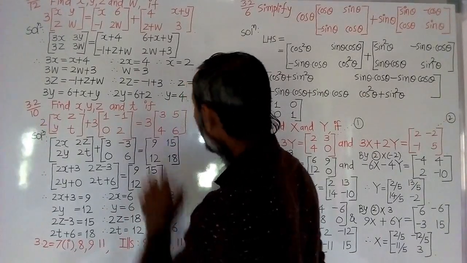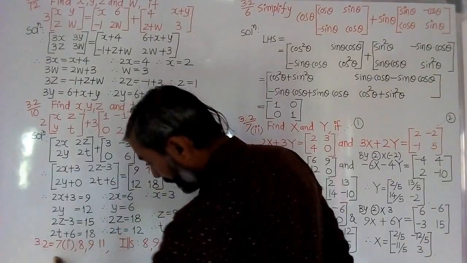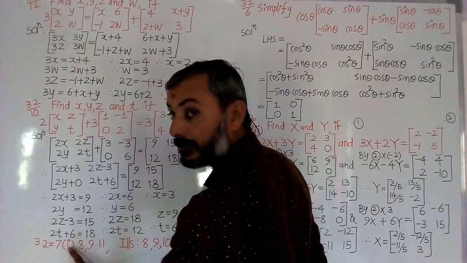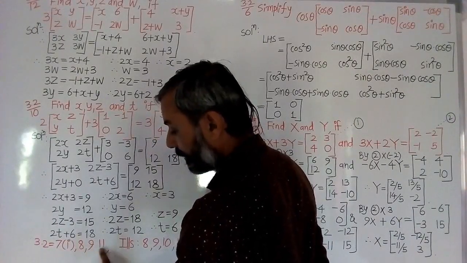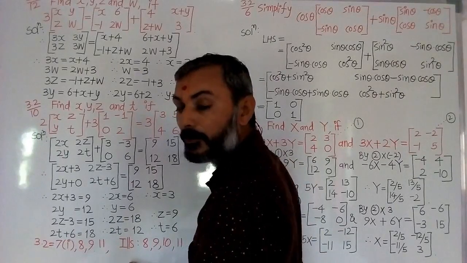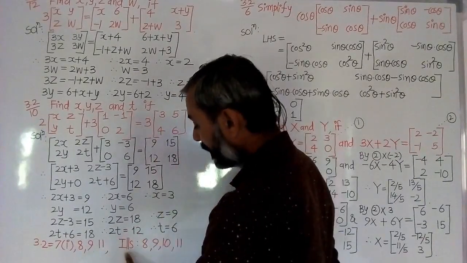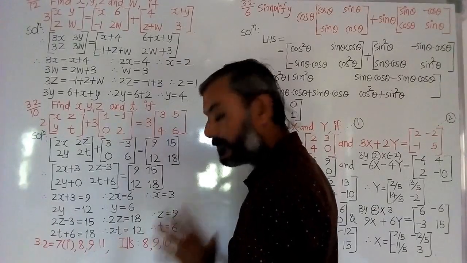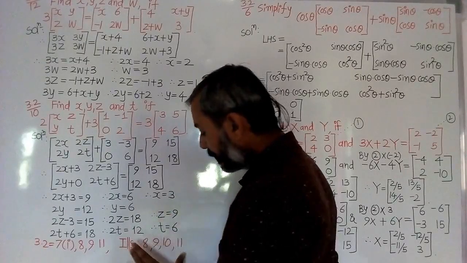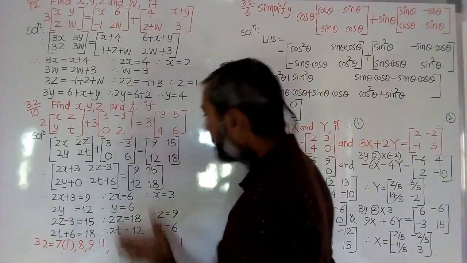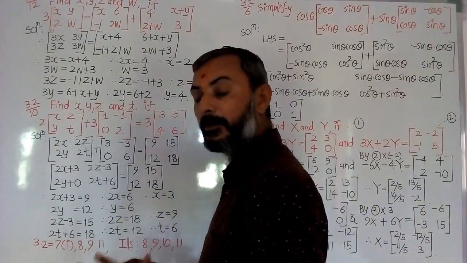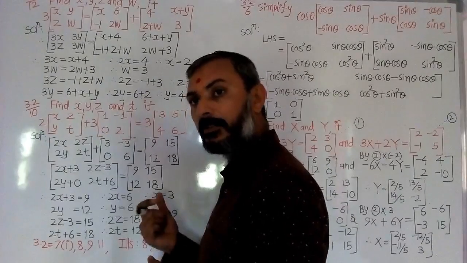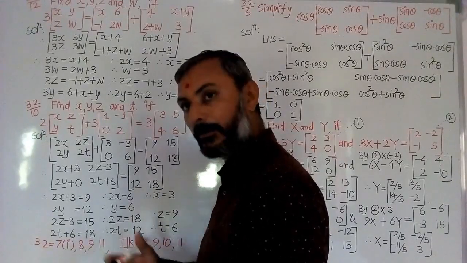So you have to write all 4 examples 2 times, and these are also 2 times. Write your homework: 3.2 questions 7, 1, 3.2 questions 8, 9, 11. All are examples of 3.2. You have to solve them. All are of the same method. Illustrations 8, 9, 10, 11 are also the same kind of example and very simple. They are also calculated. So you have to write all these 8, and these 4 plus 4, 8 plus these 4, 12 examples 2 times. And if you do not get it properly, you have to watch the video more times and you have to calculate also more times. Thank you.